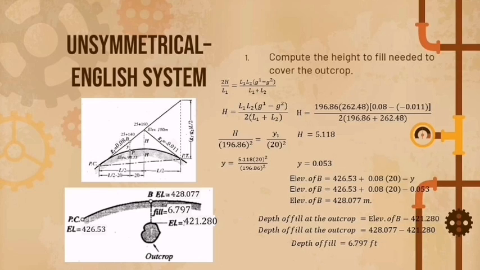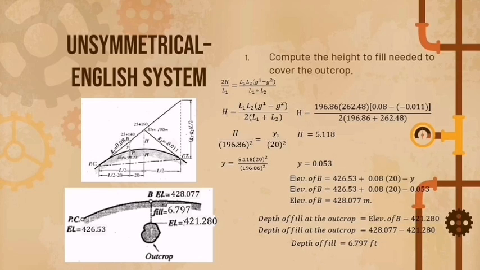To get the y, our formula is y equals 5.118 multiplied by 20 squared over 196.86 squared. After we compute, we get y as 0.053. To get the elevation of B, we must add 426.53 plus 0.08 multiplied by 20 minus y, or 0.053. After we compute, we will get the answer of elevation of B is equal to